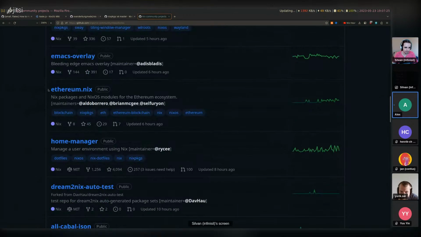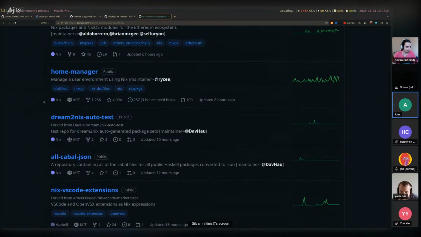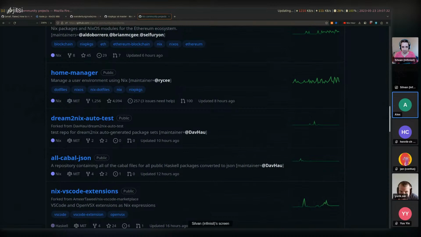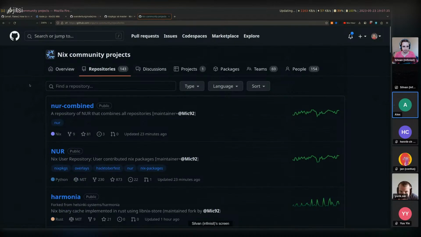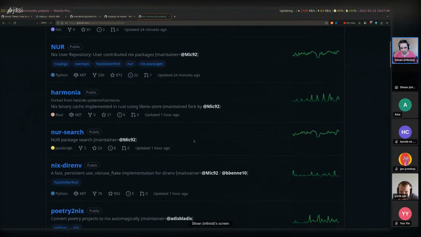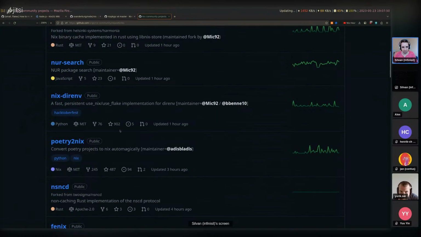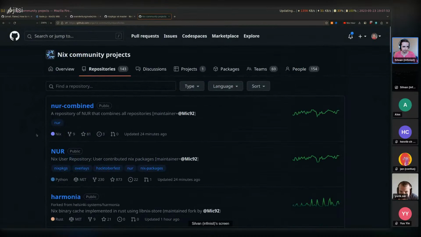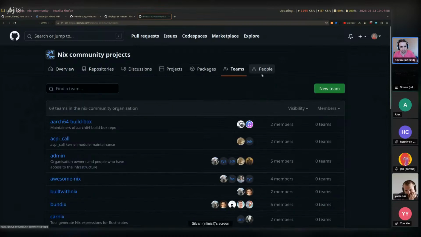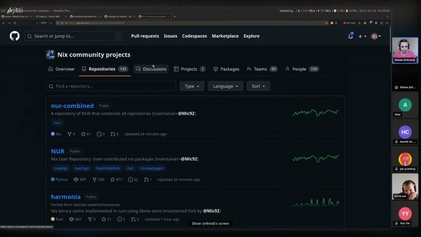Sorry, I'd like to interrupt you. Since you've brought that up, what are the benefits of transferring the project there, except for discoverability? Yeah, there is, I believe, a team. So we can see here, there's some kind of standard maintainer thing going on. And so Mick92 is someone in that team, and they take care of these repositories, put them under their umbrella. And I wonder who actually is in all of that team.